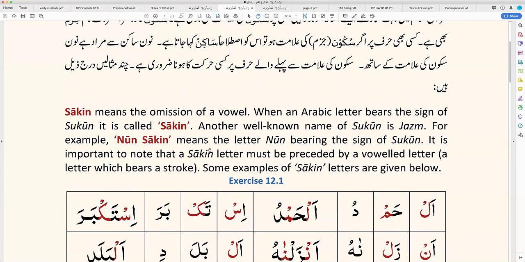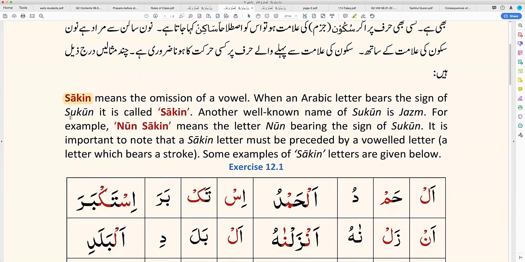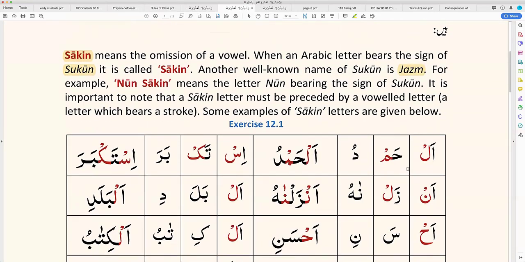And in this lesson, you are taught that a word sakin exists. And a word sukoon exists. There's another word jazm. Okay, now here, this little symbol on top of the lam, that is what is known as a sukoon. It's also known as a jazm. Any letter that carries a sukoon is known as a sakin letter. So this lam that I've highlighted is known as a lam sakin. This meme here carries a sukoon and is known as a meme sakin. Here, this sin carries a sukoon and is known as a sin sakin. This symbol is known as a sukoon, sometimes a jazm, and any letter that carries it is known as a